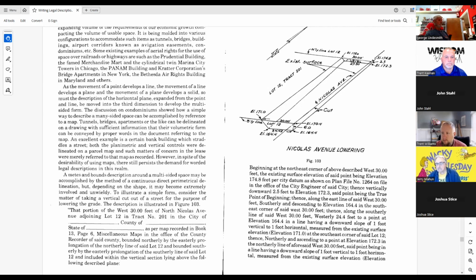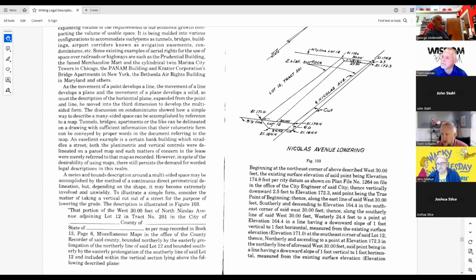I've found, of course, the most important thing when you have a vertical component is to clearly define what your benchmark is and where you got that elevation from, because a lot of these vertical descriptions are left up to guessing, and you have to take it in context. For example, it was written in 1950 something, and so they're using a 27 datum, the 1929 datum or something like that. Yep. But yeah, I've done it only a couple of times.